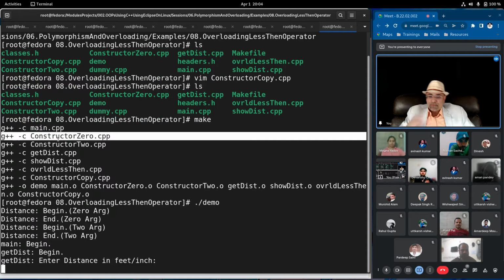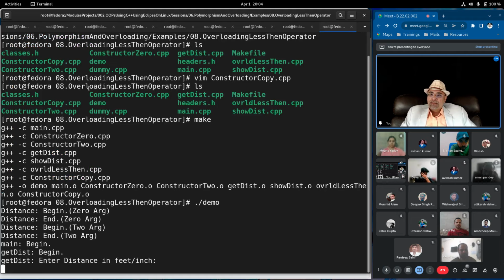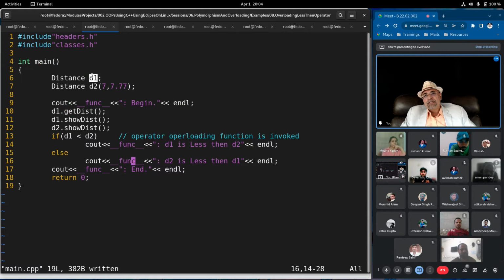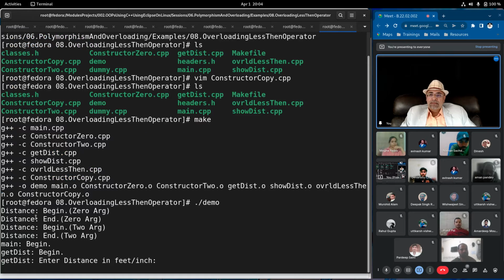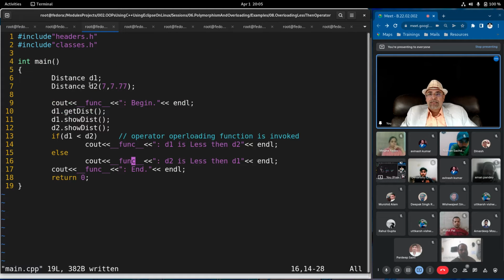Zero argument constructor invoked because we created d1. Then we did get distance, show distance, operator less than. Now here it is. Zero argument constructor invoked because we created d1. Then two argument constructor got invoked because we created d2 with two arguments.